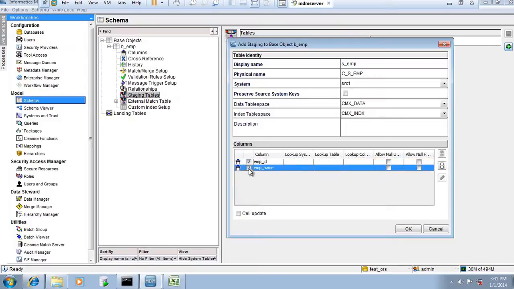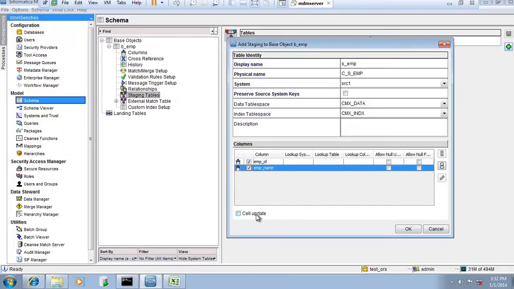Always remember, here you can see two columns are reflecting. That does not mean we always have to select these two columns for creating a staging table. Here, for training and understanding purposes, we have taken a small data model. Actually these two columns we are getting from source system 1, and these two columns we are getting from source system 2 also. So once we create a staging table, we will click these two columns in both cases, but it will not always be so. It is not generic. It depends on the situation and data model. Okay, so I want to keep these two columns in a staging table.